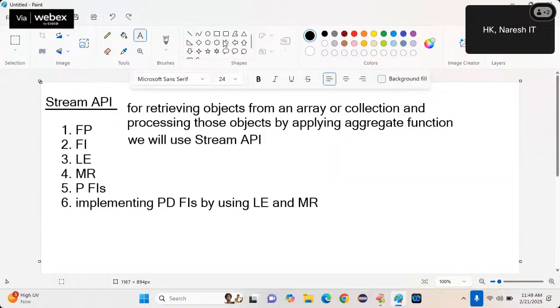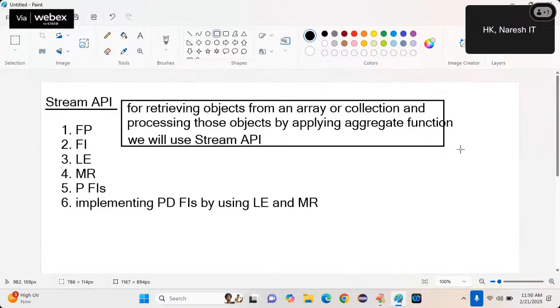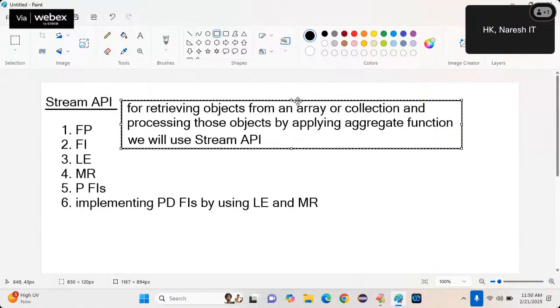Now, first point, does everyone understand? If you confirm this, I can go further. What is the use of Stream API? Stream API is used for retrieving objects from an array or a collection and processing those objects by applying aggregate functions.